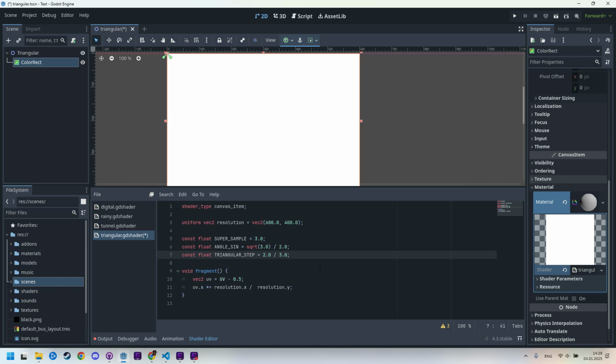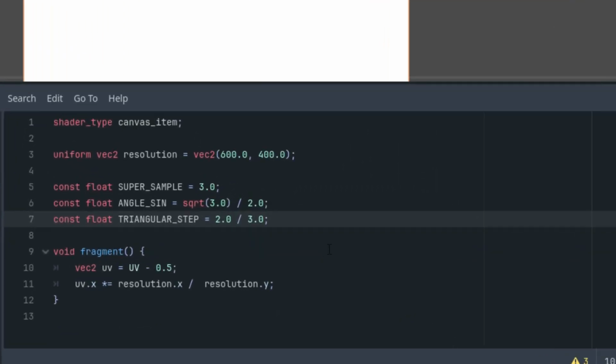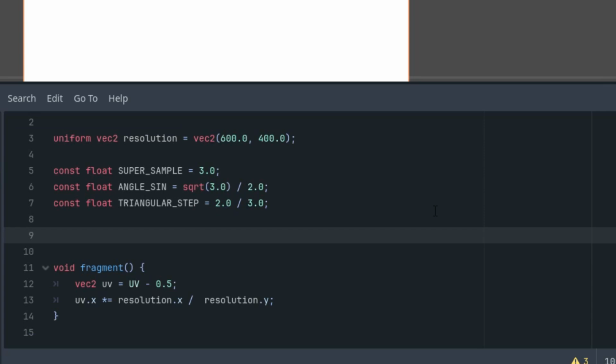So to render the basic shape of the tunnel, we'll also need to calculate the triangles on which the entire effect is based. We'll do this using the following method, where we'll use one of the constants and compute the side edges using the dot product. It is a standard formula that you can find in many other shaders. So I'll put it here and call it float equilateral triangle